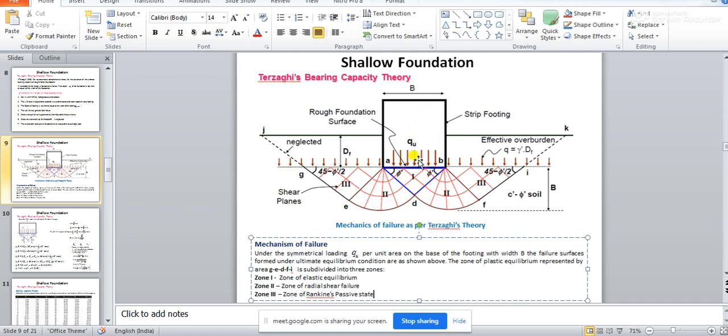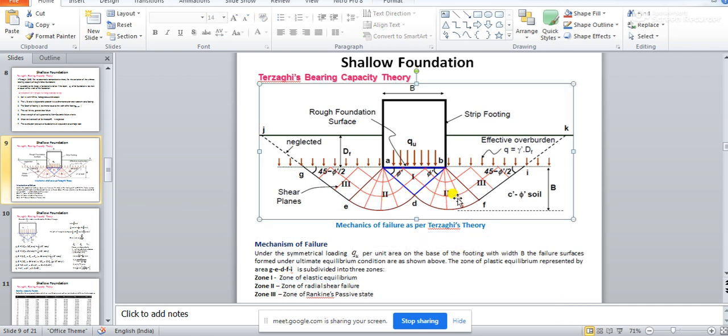So when the load will be coming from the footing, it will be just trying to compress it down. Along with this footing, a triangular wedge zone will be pushing inside the soil, and because of pushing inside, the soil will be getting compressed into other zones, other portions. So when this soil is getting pushed by the foundation load, along with this triangular wedge shaped zone, which is nothing but your zone of elastic equilibrium,